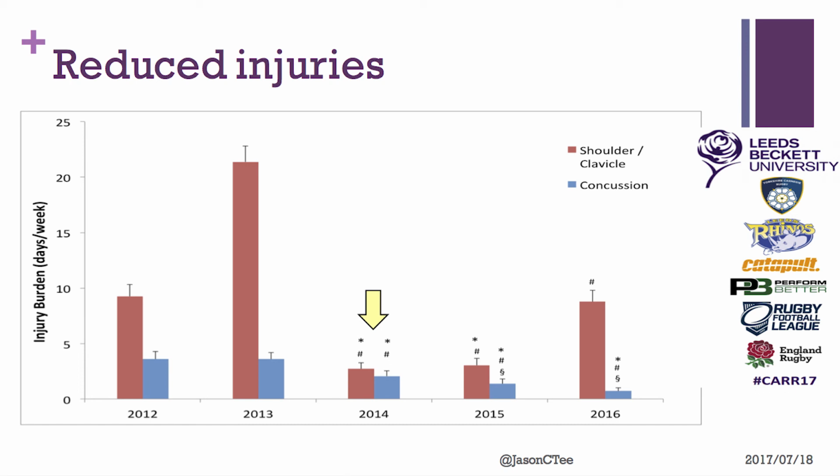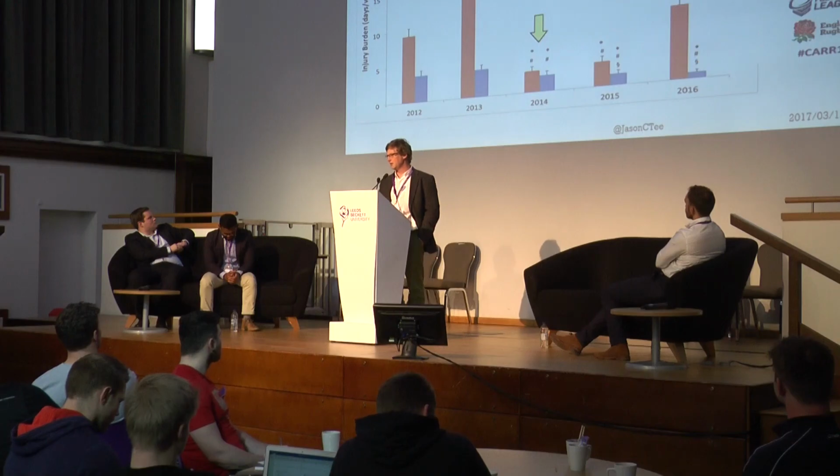So the previous slide I was showing, that was our overall injury outcomes. But in particular, we unexpectedly, because we always thought that if we get the training loads right, what will happen is our non-contact injuries will go down. But where we found that we got the greatest gains through this multifactorial type of get everyone involved, is we managed to reduce contact injuries, and we did that in the context of tackling more in training. So the story of that last graph is that significant reduction in shoulder injuries, very significant reduction in concussion injuries,